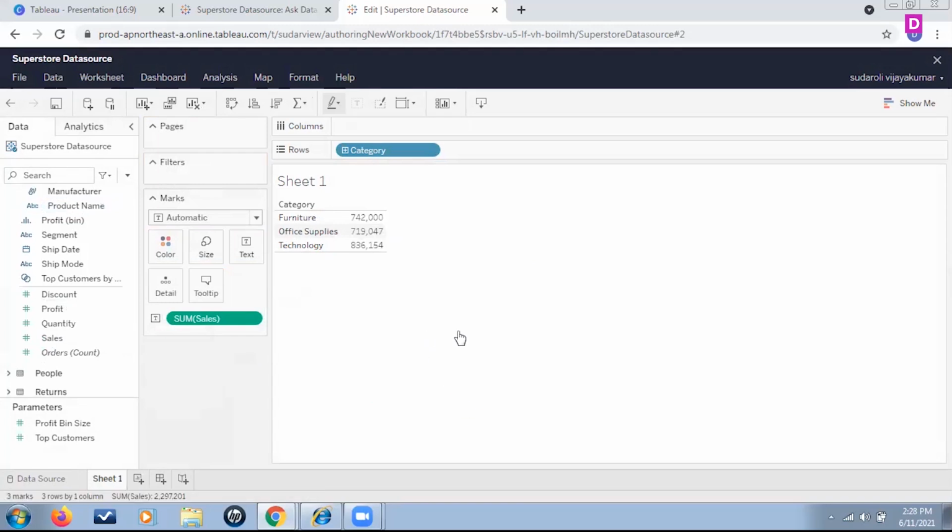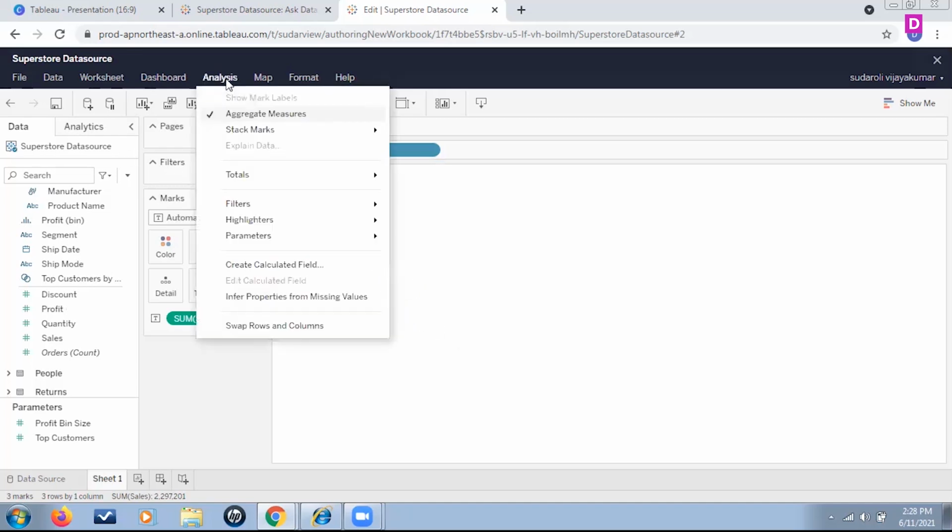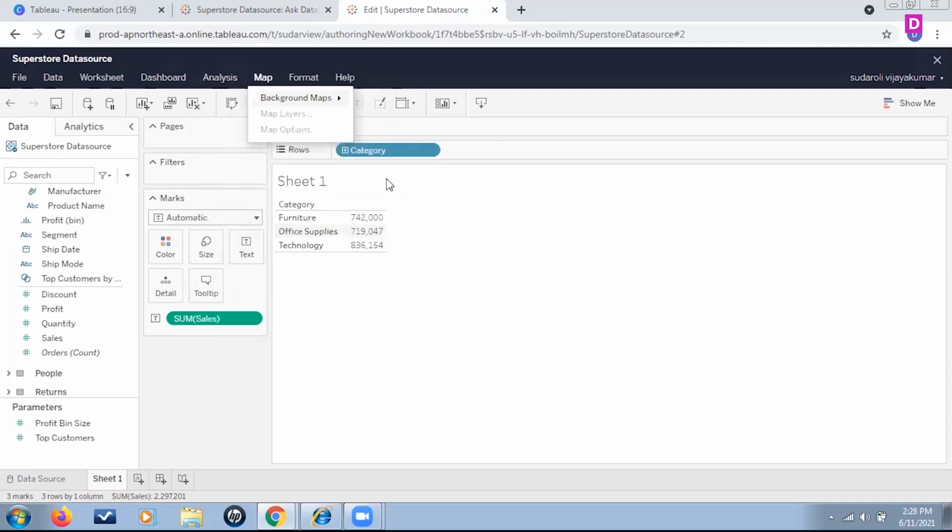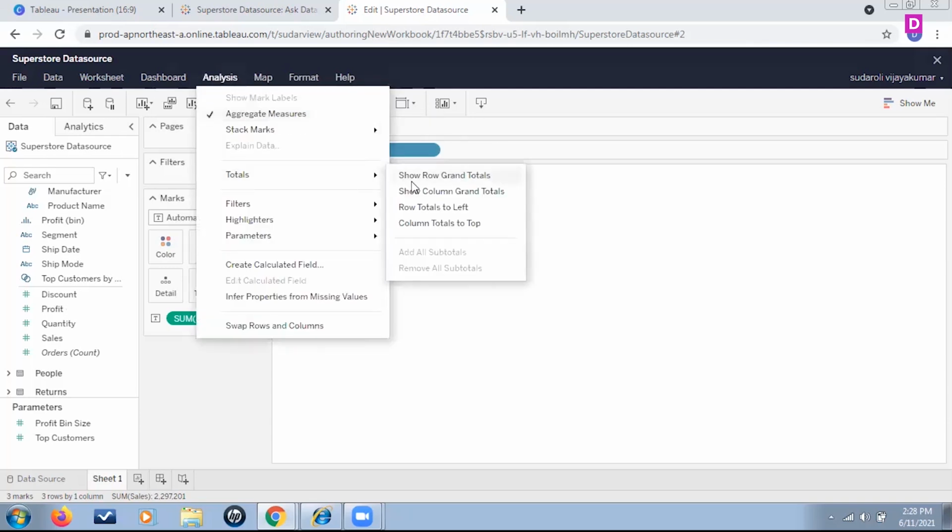Now what you're seeing is that itself you will be thinking like 3 items only is there, and then you wanted to find out who is contributing how much towards the total sales. First of all, if I have to find out the contribution percentage for the total sales, I need to have my total sales. So for example, I will go to my analysis, click on my totals,